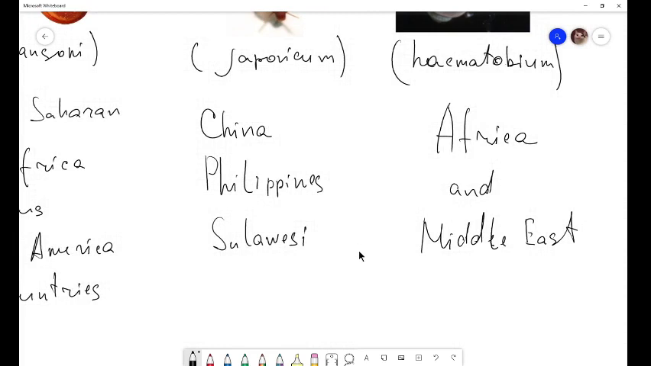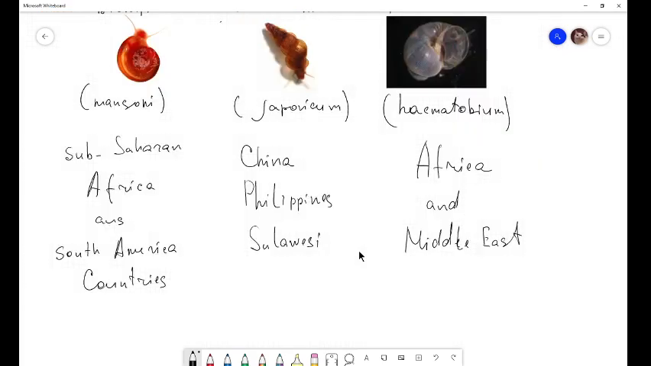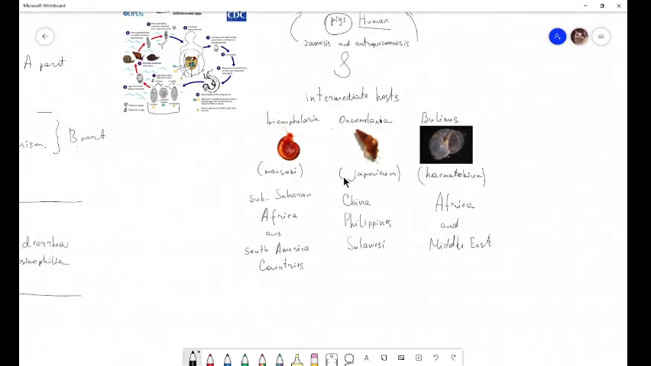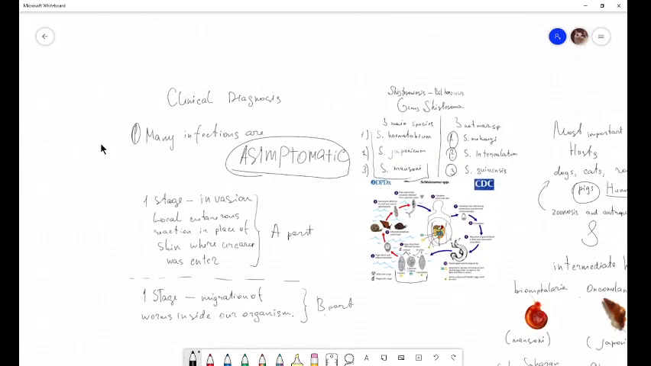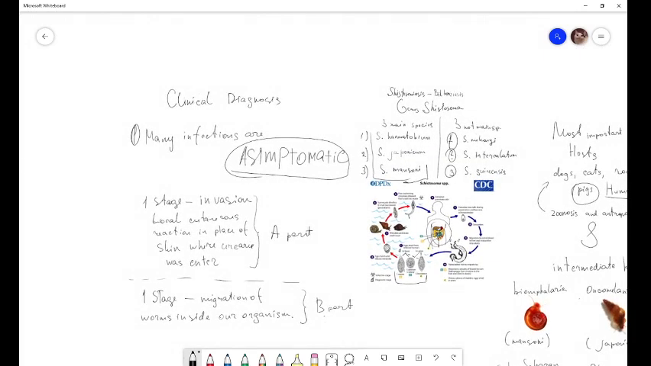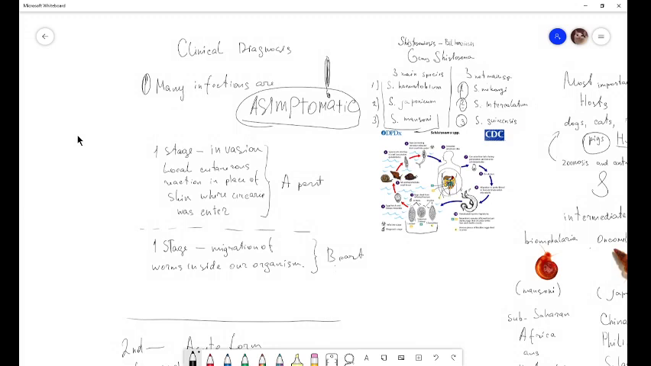Okay. What's the next we must learn? It is clinical diagnosis, clinical presentation. Symptoms of schistosomiasis are not caused by the worms themselves, but by the body's reaction to the eggs. Many infections are asymptomatic, and this is very dangerous. You must remember about that. And as with other diseases caused by worms, by flukes,